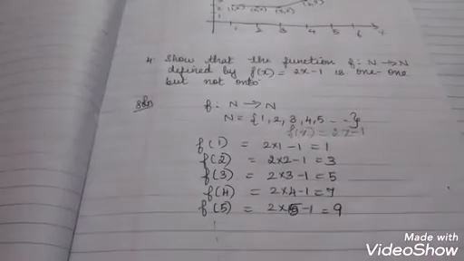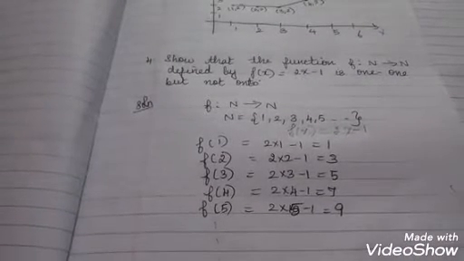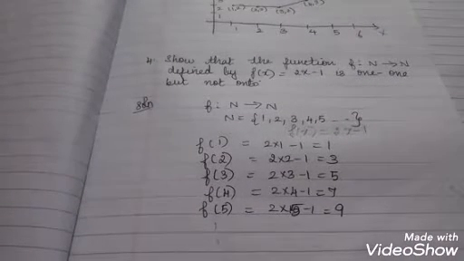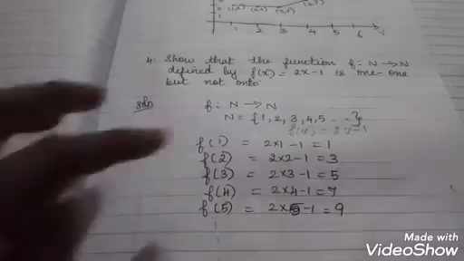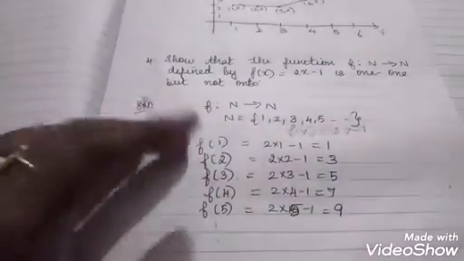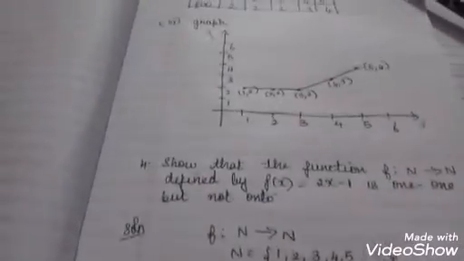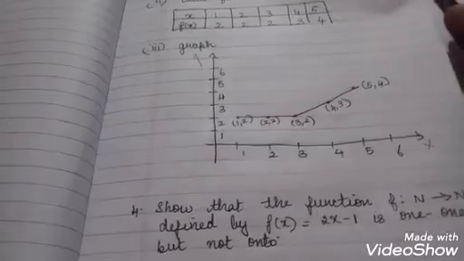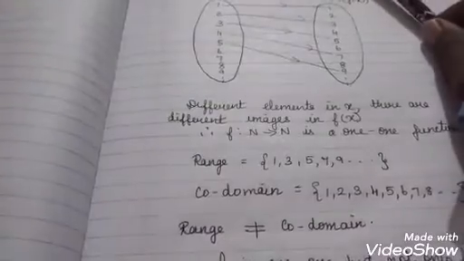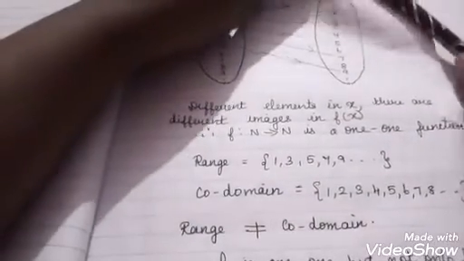Etc. It goes on. Why does it go on here? Because the set of natural numbers is said to be infinite. So I've just written for 5, that's all. Now you will have to check whether it is said to be one-to-one or onto. So how are you going to check here? By using an arrow diagram.